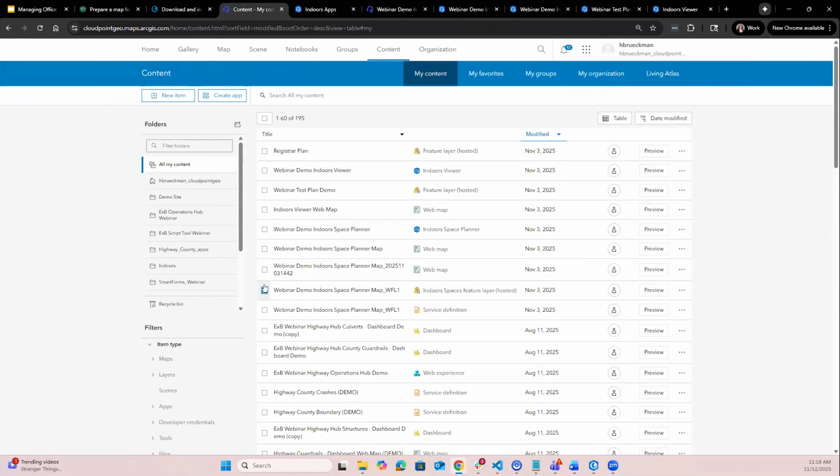And then when I've created plans in the Indoor Space Planner, it's creating these plans here in my content. And these are the layers that I'm actually editing when I'm working within my plan. But I can merge those, and that's when it gets merged to the authoritative data, and that's when we'll actually see it in our authoritative layer here. So if we go back to the Space Planner,